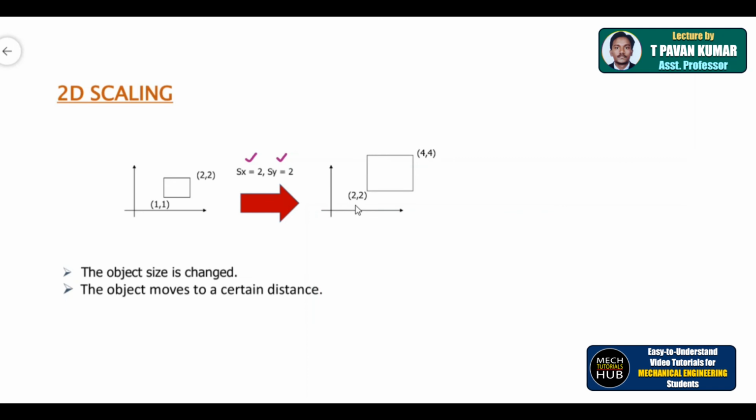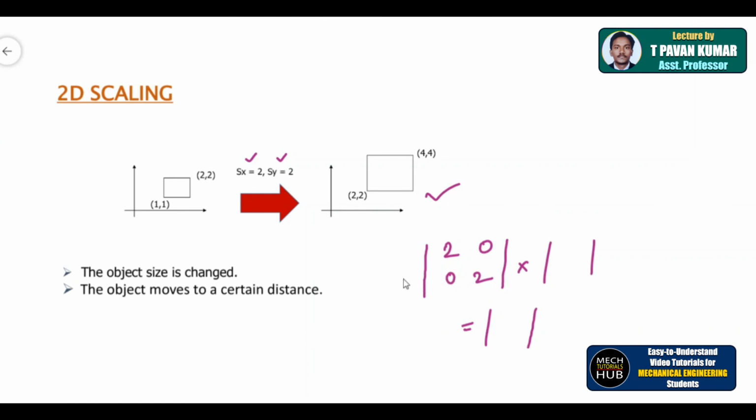Accordingly, if you could write the matrix, it is going to be something like this: Sx, in place of Sx 2, 0, 0, 2. This is going to be multiplied by whatever the old matrix is. Accordingly, we are going to multiply with this to get the final solution. Okay, so here is the final solution. After scaling it, you got it.